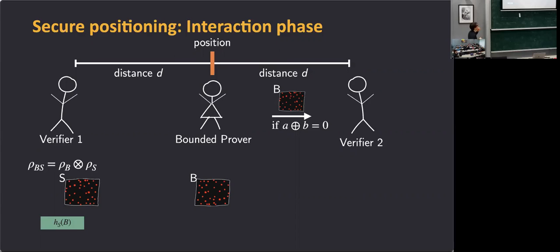But there's another version of this protocol where the box doesn't travel at the speed of light, but the box is restricted to exponential steps. So why is it secure? It's secure because, I mean, we need to see that, right? Now we have to show that it cannot be attacked by, say, an Alice in a box close to verifier 1 and verifier 2 that have an unbounded amount of entanglement.